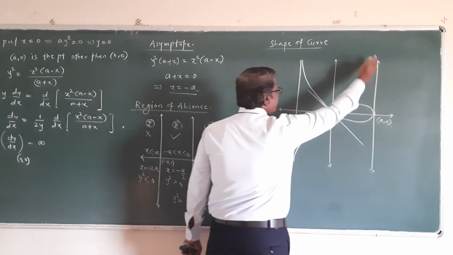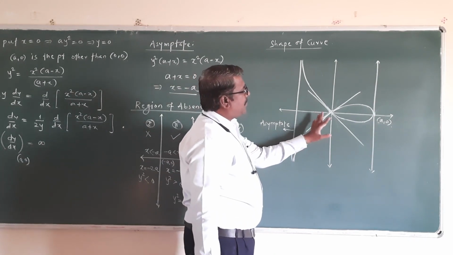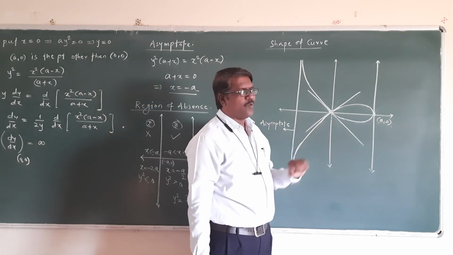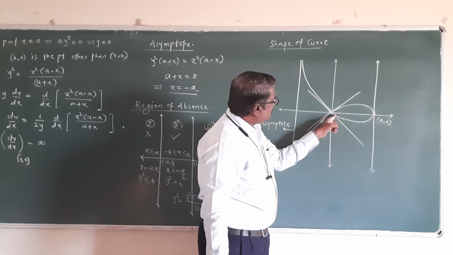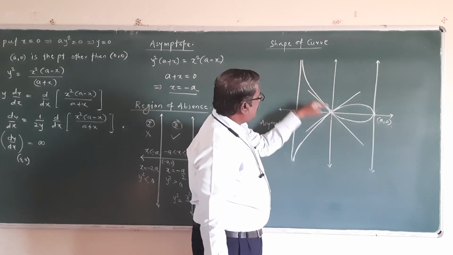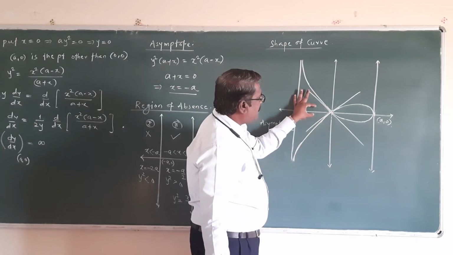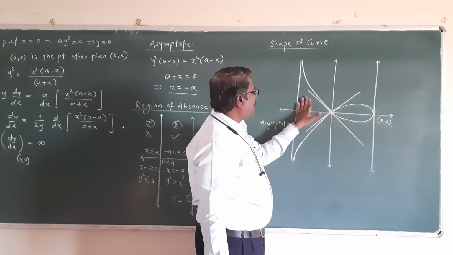This line is tangent at a comma 0, and this is the final part of the curve. This is the final shape of the curve. Actually, I have extended these two parts here on this side and again on this side. But these two parts I have not extended because the part of the curve does not lie in different